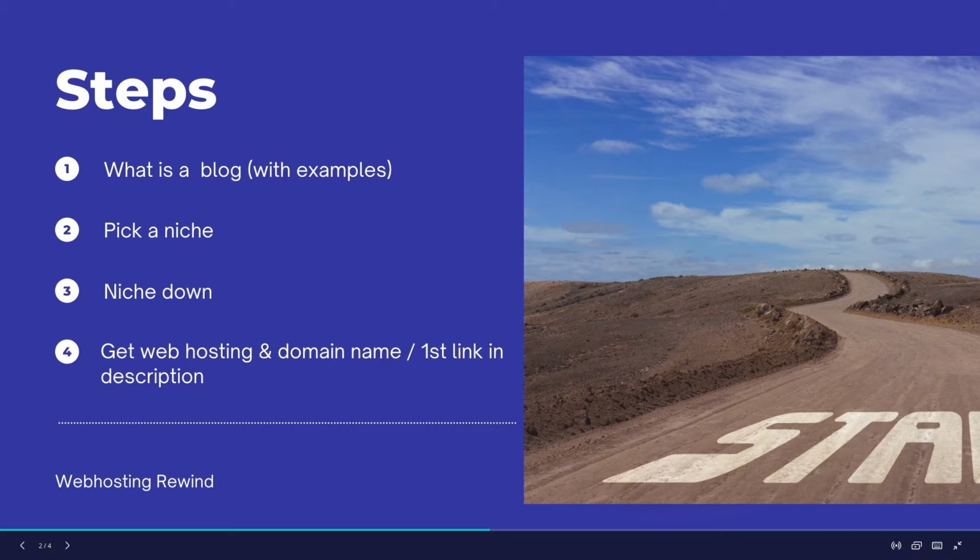The next step is I'm going to show you step by step how to get web hosting. I'm going to explain to you what web hosting is, also how you can get a domain name for free